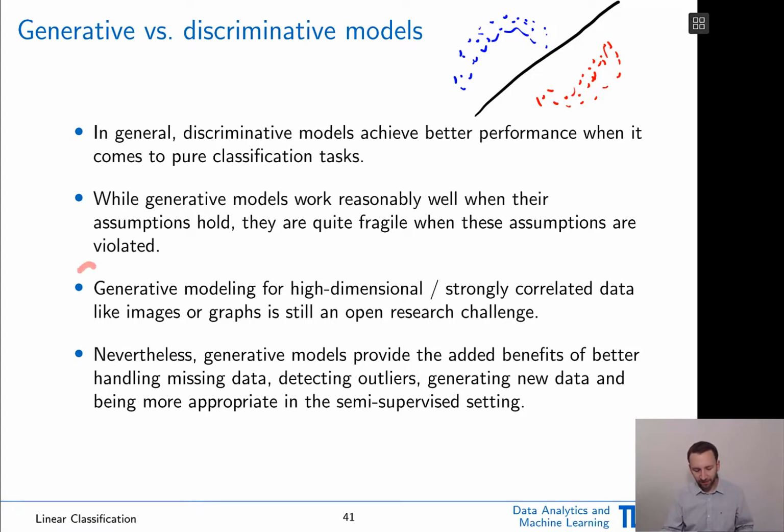And then specifically, they also allow you to do other stuff. For example, they allow you to handle missing data. They allow you to detect outliers, and they allow you to, for example, use it in so-called semi-supervised learning settings. So these are all points which we don't discuss here at the moment in detail, but there are many other benefits of this generative point of view. So just the outlier point. So what you could see, for example,